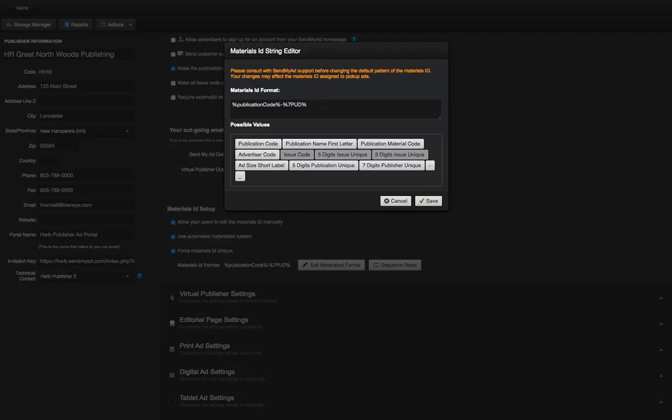These are variables, and if you've ever edited email templates, you'll recognize the format. We have sort of an internal identifier that means something to us in code, and then it's wrapped in a percent sign. So it just tells us that this is variable information. And these are the things that we can use. We can use a publication code, which is what I've got right there, the first letter of the publication, a material code, which is another little bit of information in each publication, an advertiser code, an issue code,